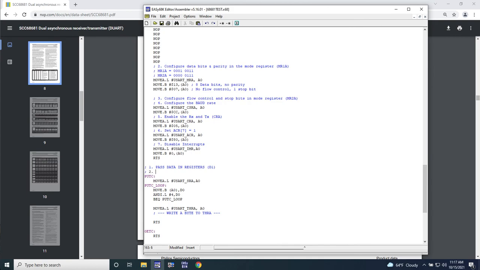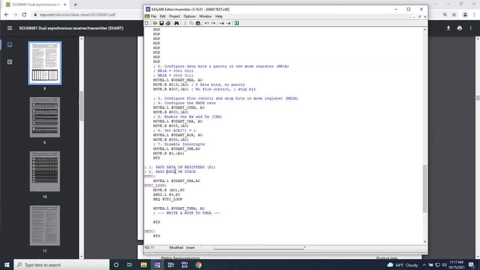The second way we can do it is we could pass the data on the stack. We can talk about the second way later, but basically the way that would work is that the caller, before we actually call this function putC, will push the value of the data that it wants to send onto the stack, and then putC can get that data off of the stack. This is a little bit more complicated, but